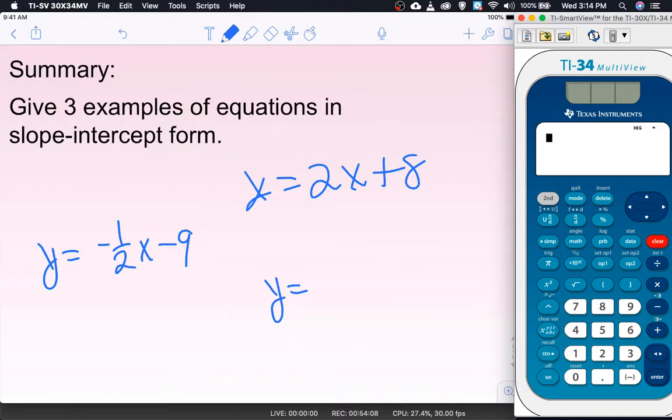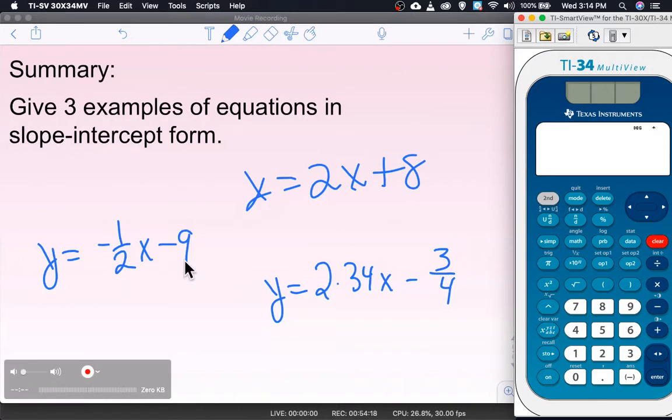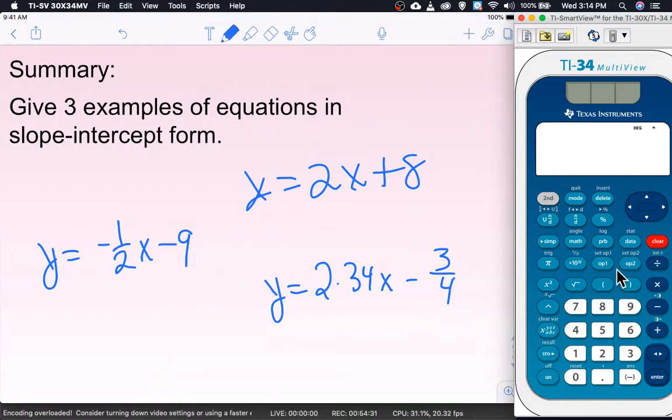Y equals 2.34x minus 3/4 are all slope-intercept form. The y variable is by itself. There's no weird exponents on any of the variables. The number in front of the x is the slope, and the number in the back, the constant, is the